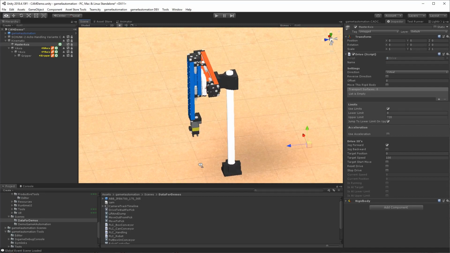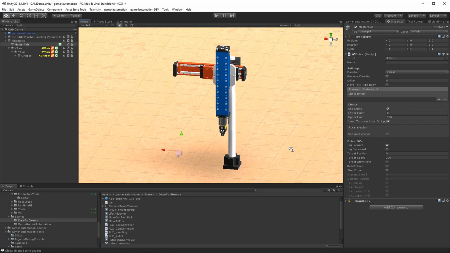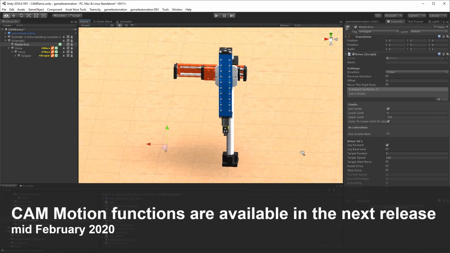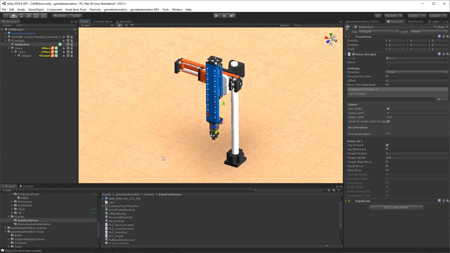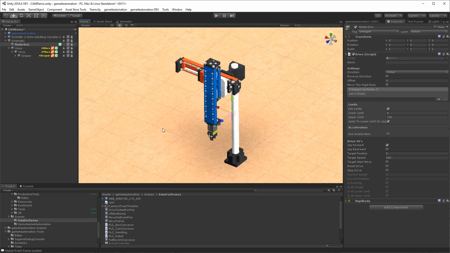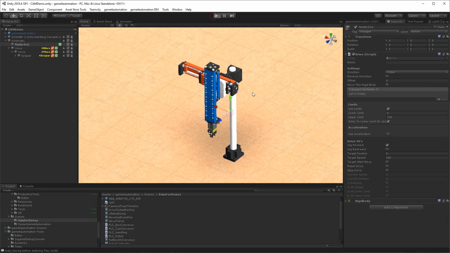Hello, with this video I would like to show you the new motion functions for cams in Game4Automation. First of all, I'm going to show you the result. So I'm pushing here on play